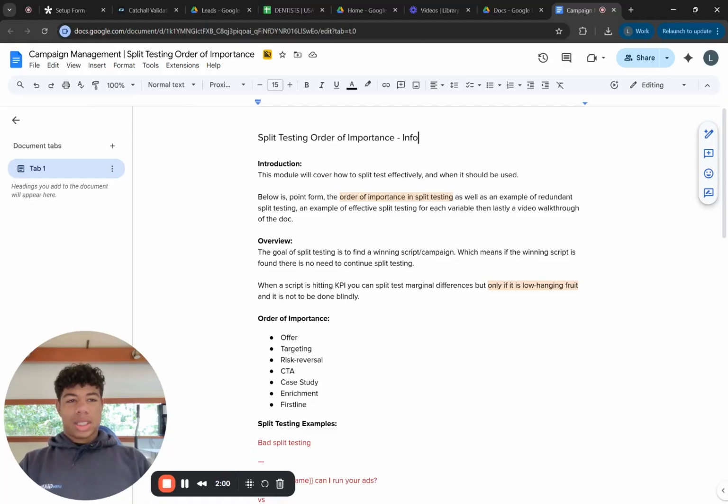Your split testing is toward a goal. You have an aim, like you're trying to hit a KPI, and then you're iterating your whole cold email campaign to try to hit that KPI. Split testing might not even be the right term for it. I probably got this word from Charlie Morgan, but I like iteration a bit better,